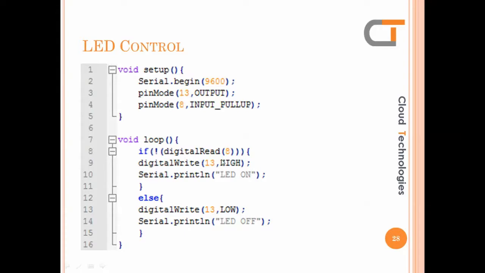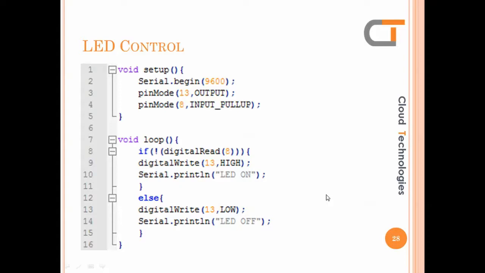If the switch is pressed, then only the LED will be on. So here we have to press and hold the switch, then only the LED will be in the on state. If you release the switch, then it goes to the else part, and we are making the LED off. So this is how to control an LED by using a switch.